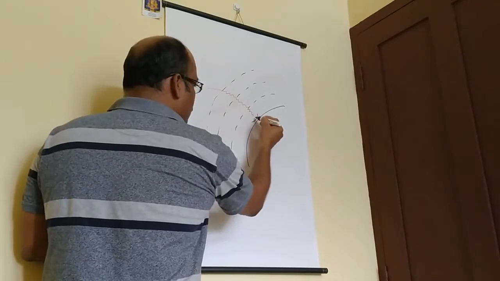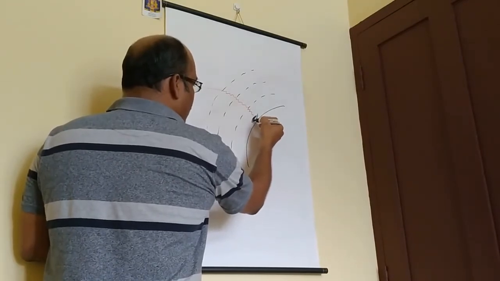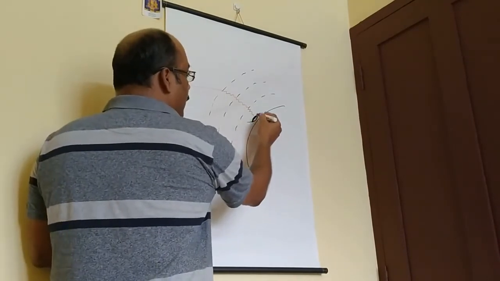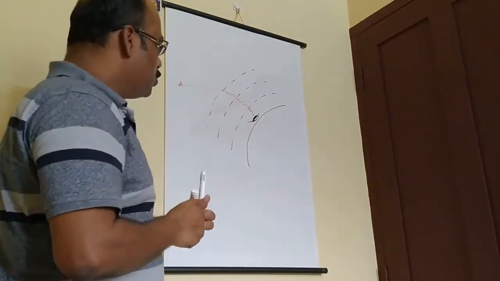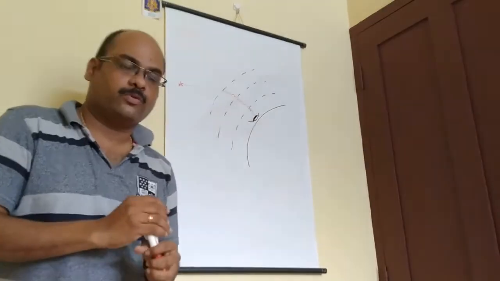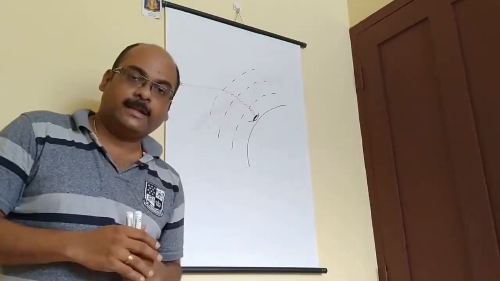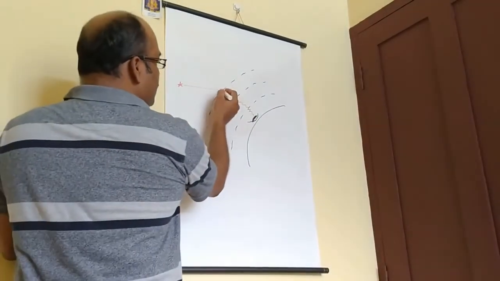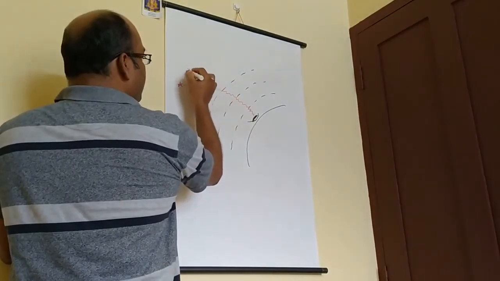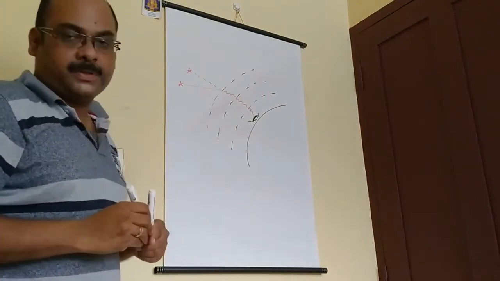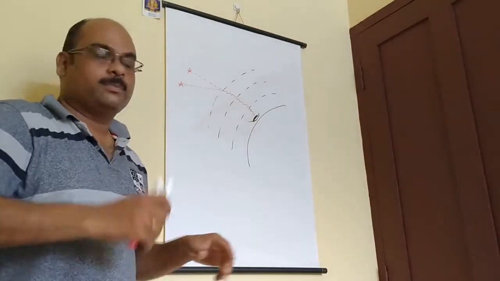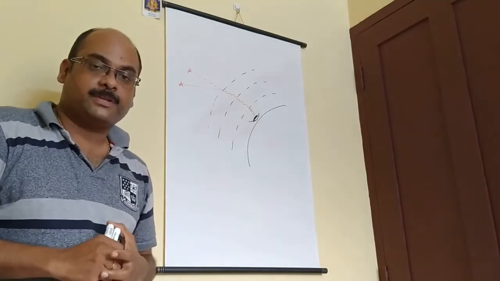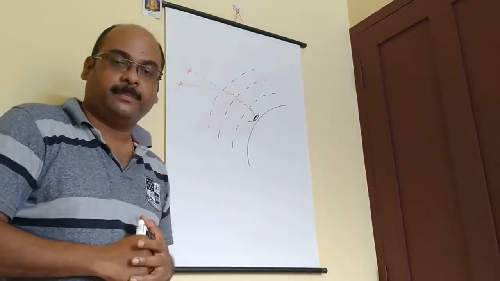So consider this as your eye. Okay, so in that way it reaches your eye. So due to this zigzag movement of light rays, you will feel that it is twinkling, and you will feel that the star is present here. Okay, the star is present there, but that is not the actual position of the star, it is here. So this is due to the refraction occurring in our atmosphere.